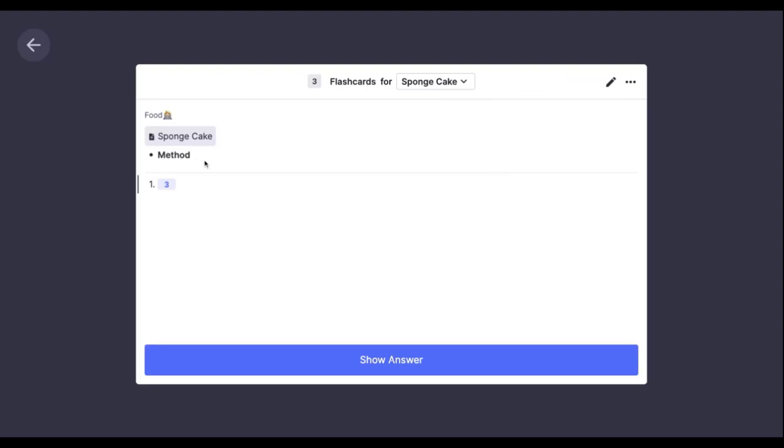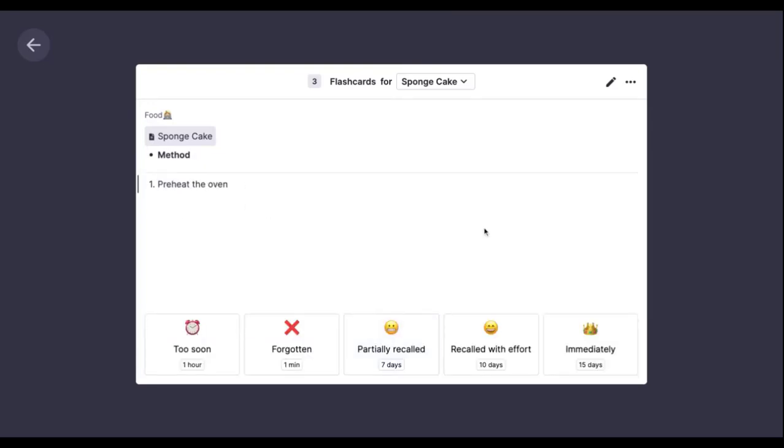So here as well, it shows the hierarchy of where the flashcards come from. Instead of just saying method, which could be a method for any recipe I have saved on here, it shows me that it's from the sponge cake document, which is in my food folder. So method, think of the answer, show answer,